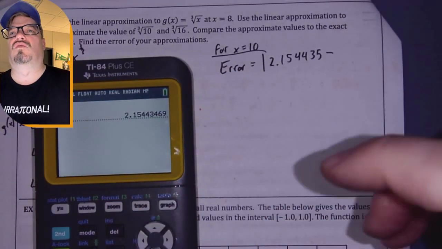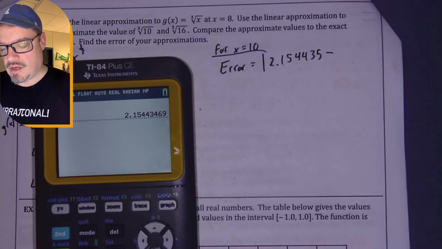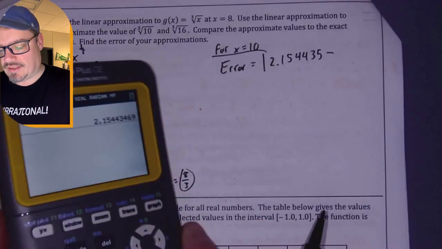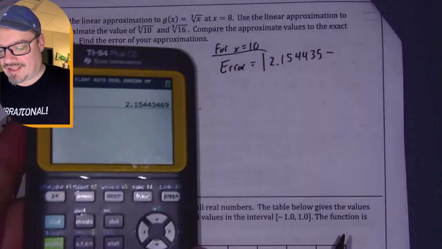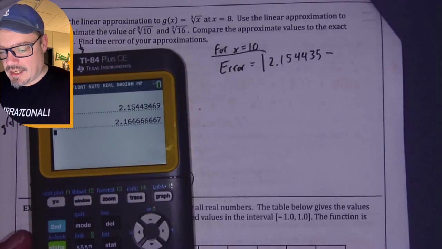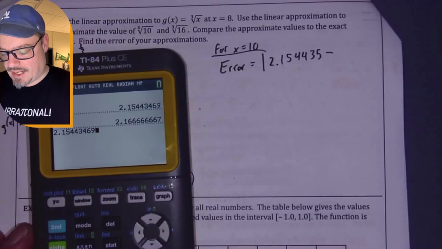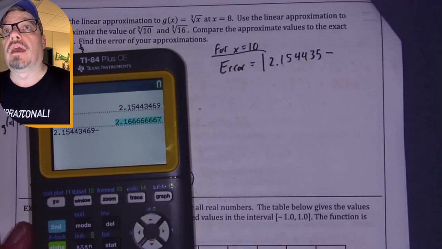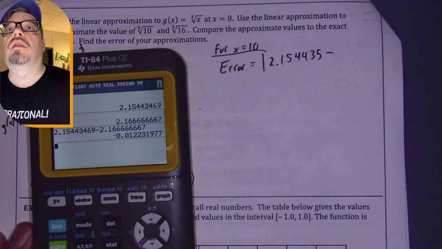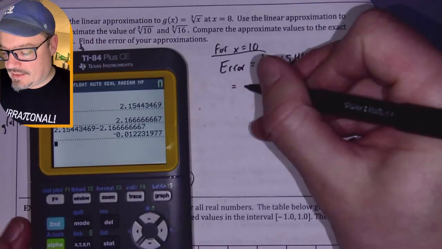And honestly, you can just leave this in your calculator. There's just not enough room to write it down. And then we said that this was 13 over 6. Okay, so let's do 13 over 6 decimal. And then what we'll do is we will take this guy minus this guy. All right, and we'll take the absolute value. So that is